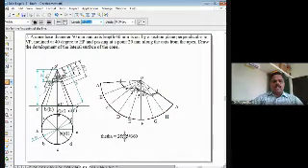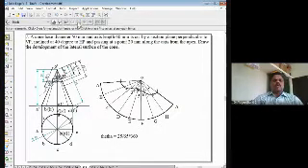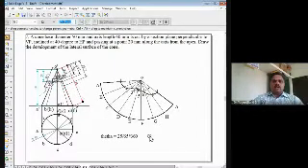So the calculation of the angle theta is most crucial here in the case of the development of the cone. What is this included angle of the cone, right? That you have to find out as r by R into 360 degrees, where r is the radius of the circle and capital R is the length of the slant generator, multiplied by 360 degrees. That will give you this included angle.